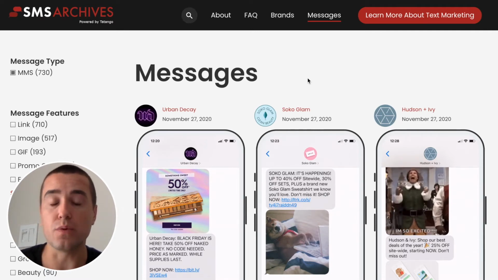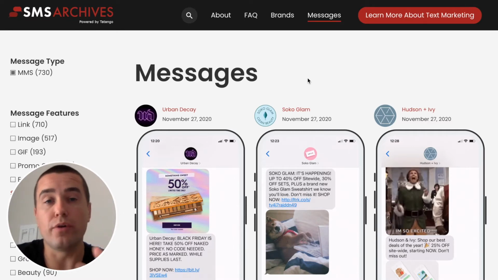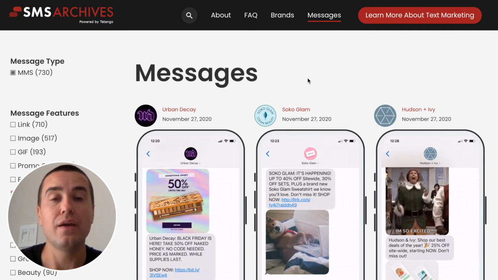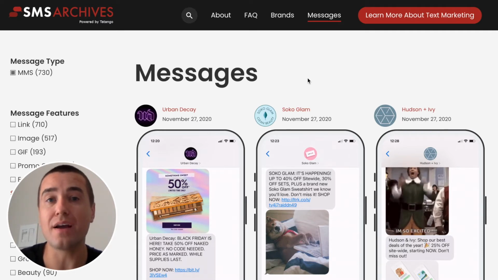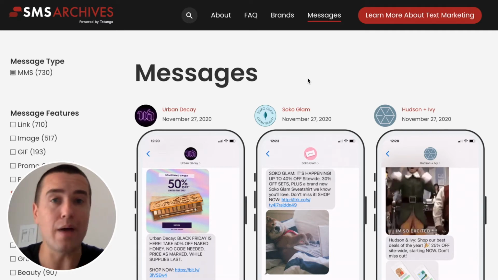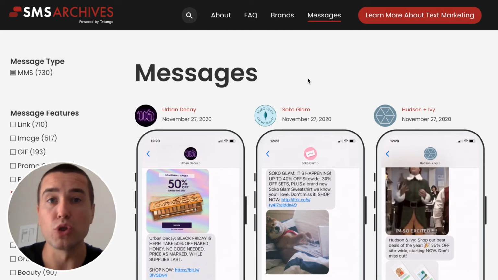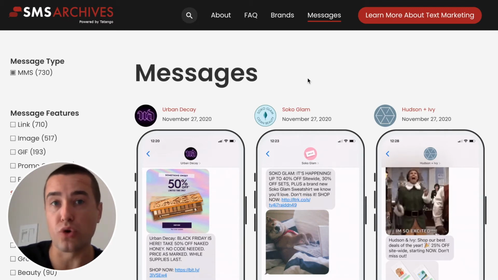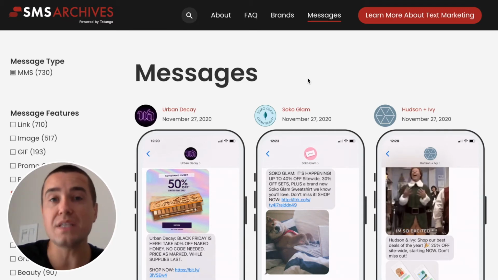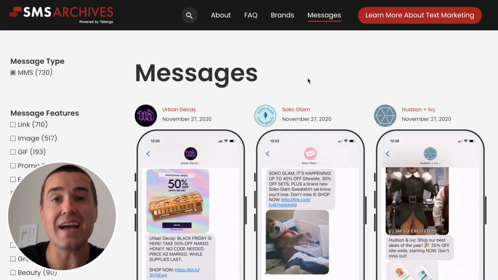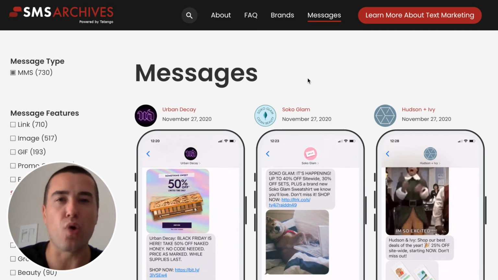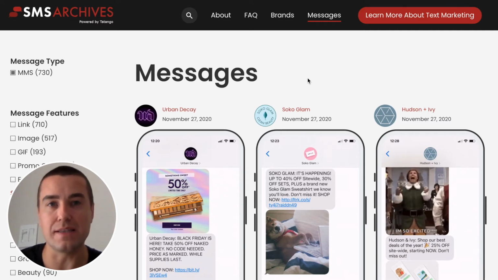One trend that we're seeing, which is very concerning: the good trend is a lot of MMS messages are being sent. Awesome. The bad trend is a lot of the MMS messages are ending up on the mobile phone blurry. So when I get a message from my favorite brand and I look at the image, it's blurry. Worse, even if the image has text in it, it almost makes it hard to read the text. And the product doesn't look very good. So we got to fix this.